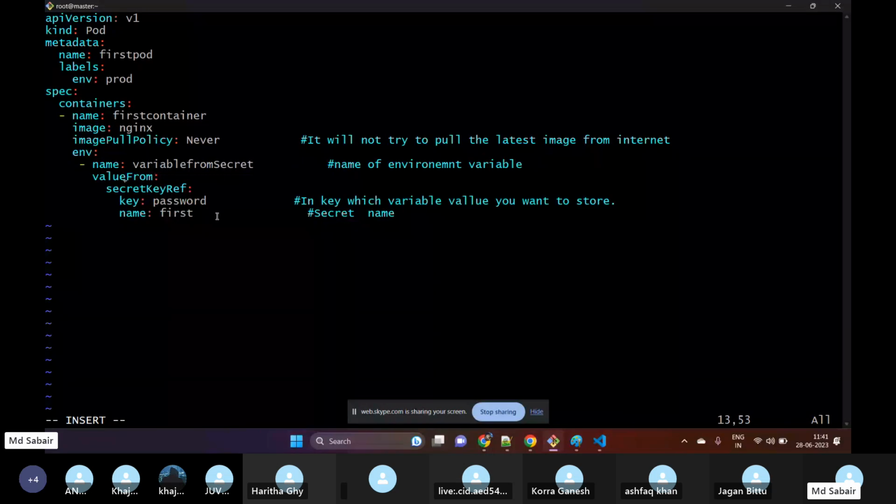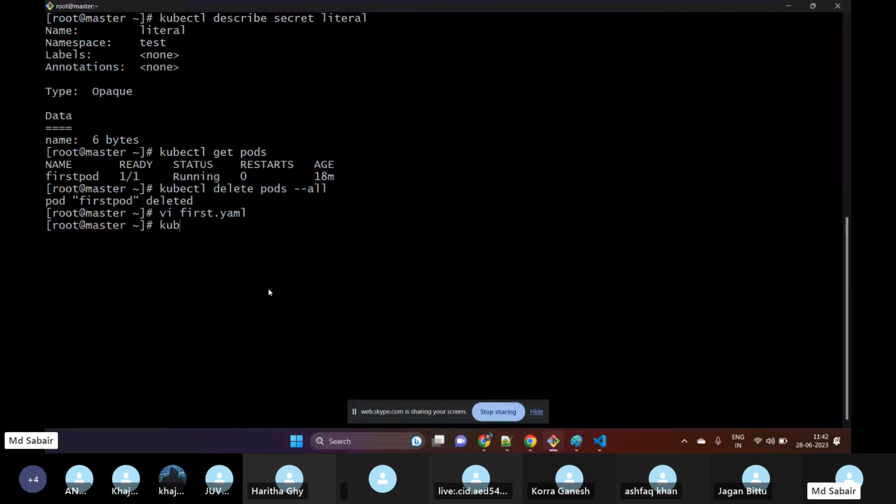But in our case, everything is changed. The name of the secret is literal, and the key I have used to store my value is name. Basically this will be the variable we can see inside our pod. Earlier I changed this to my same key name, so let me use the same name now. Variable from secret. Okay, and if I hit enter and try to create one, kubectl apply -f